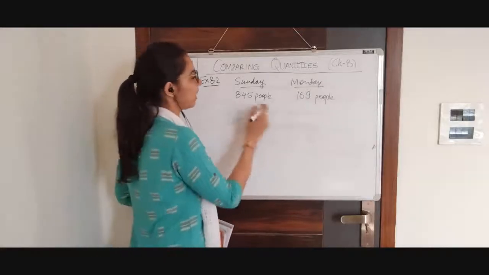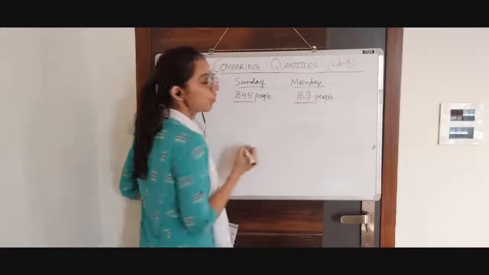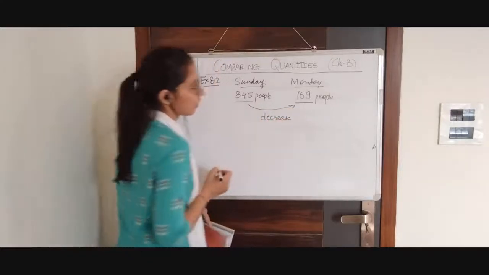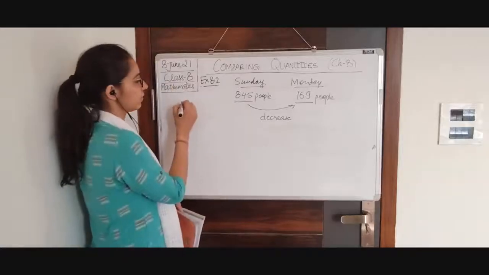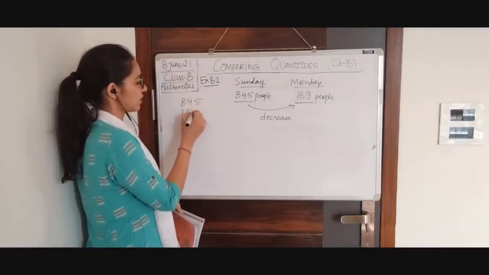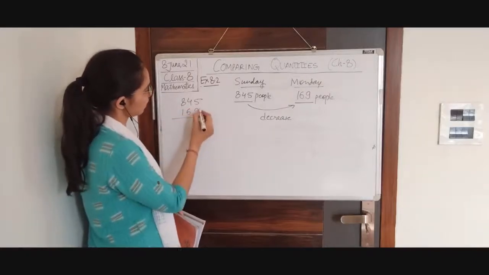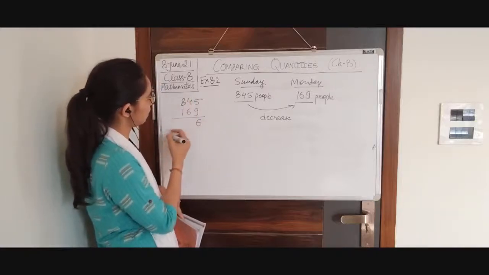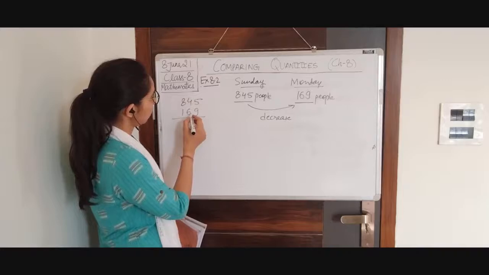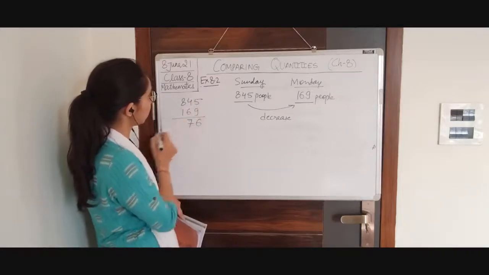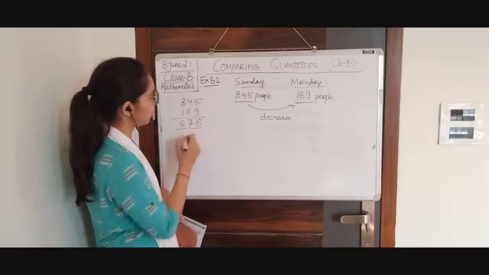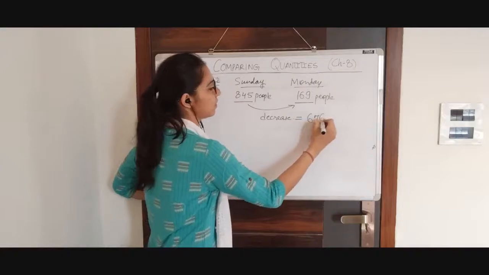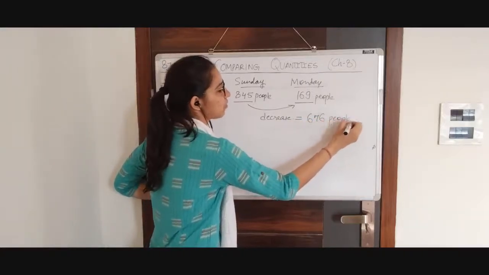आपको ये तो विजिबल है कि 845 से 169 हो गया. इट मीन्स देयर इज डिक्रीज. ठीक है, देयर इज डिक्रीज. और डिक्रीज कितना है? ठीक है, डिक्रीज कितना हो गया आपका? यू विल सेपरेट 169 फ्रॉम दिस, you will get 676. ठीक है, so your decrease is 676. There is decrease of 676 people visiting the zoo.